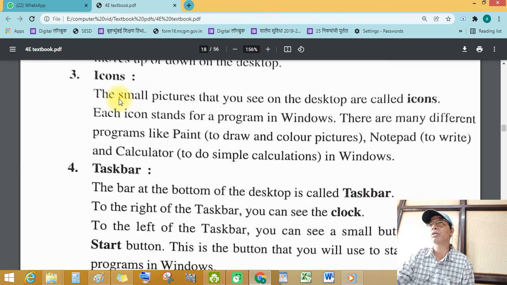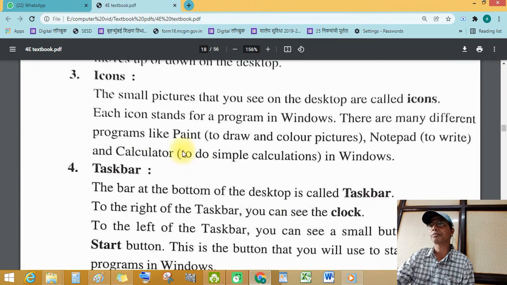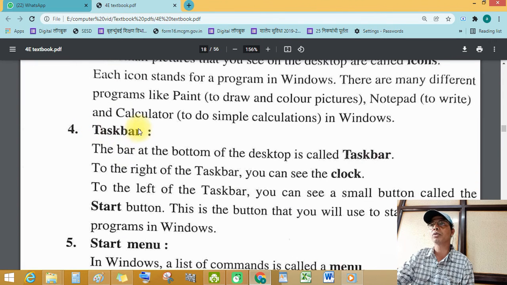See this icon. The small pictures you can see on the desktop are called icons. Which small pictures? See these small pictures, these are called icons. Now taskbar. The bar at the bottom of the desktop is called the taskbar.